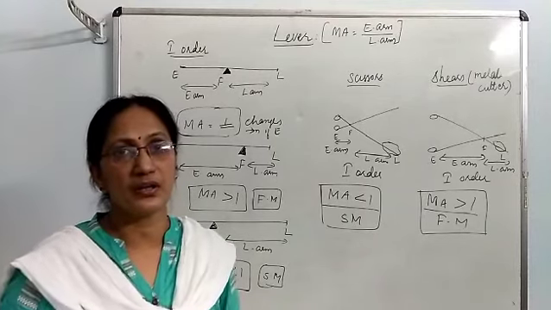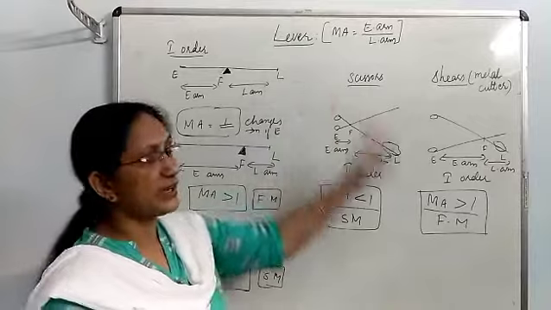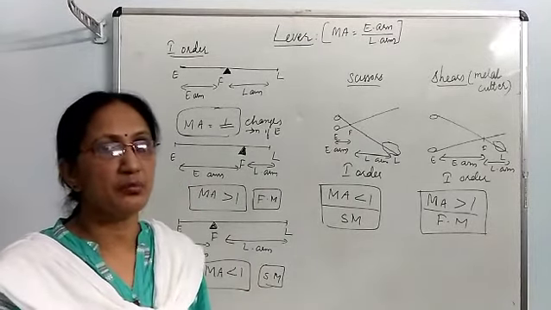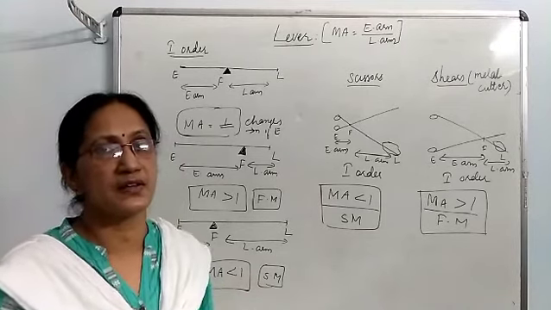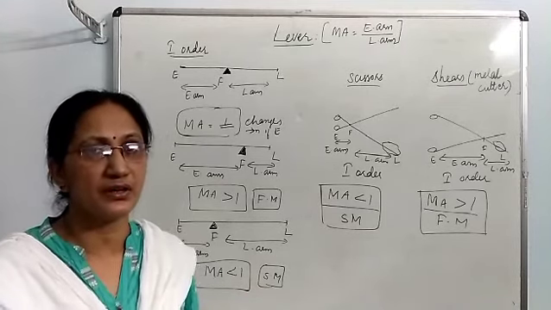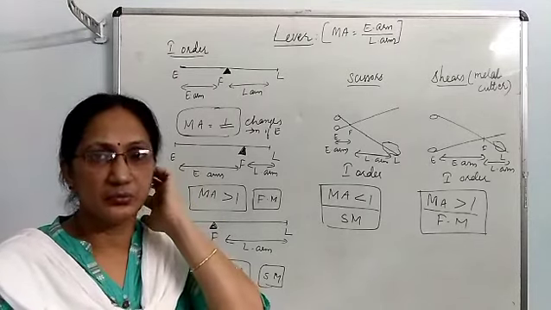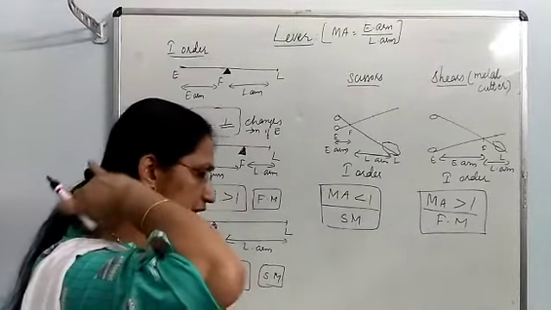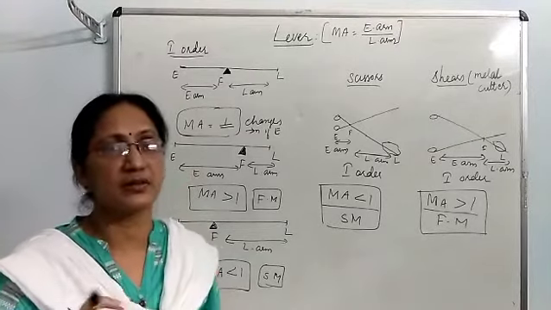Now the last point regarding levers. On the human body there are some levers functioning. All the three types of levers function on the human body. When we move our head, the movement of our head is an example of a first order lever. The weight of the head is the load. The moving point is the fulcrum, and the muscle here applies the effort. So it is a first order lever.